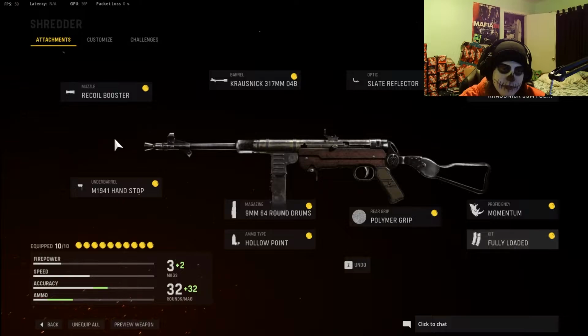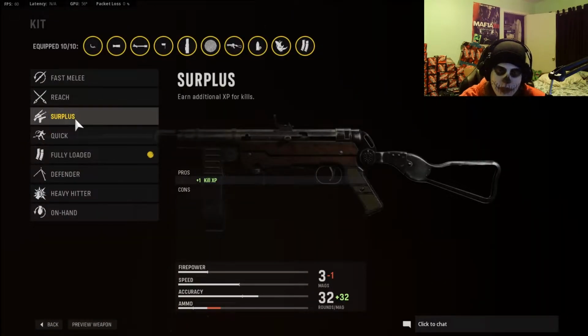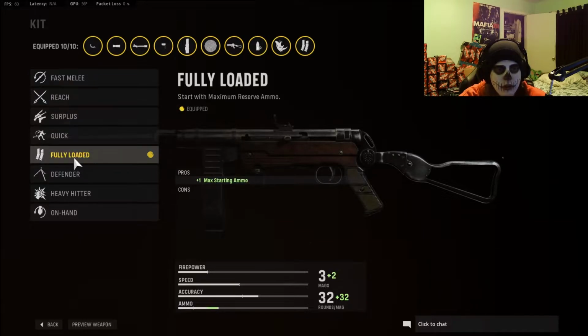Now, kit, obviously, Surplus if you're leveling this weapon, getting that kill XP for each one. But Quick or Fully Loaded is probably your best bet for this. If you're not running the field upgrade for the ammunition, Fully Loaded would be the choice. But if you don't feel like you need that, or if you're using...